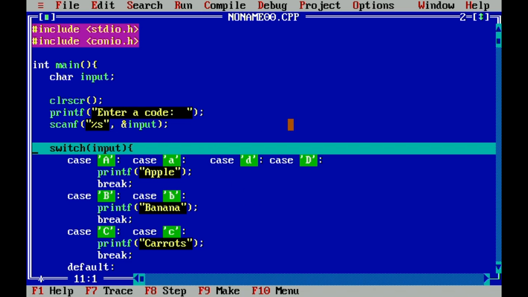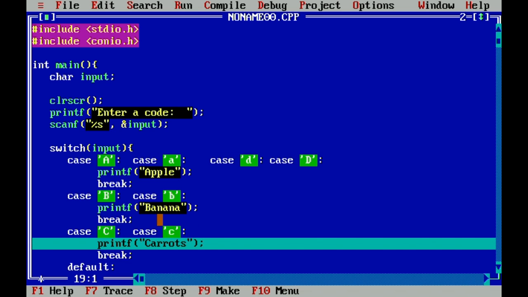Then it moves to your switch case. Once the switch case uses the variable input, it will be compared to each of the cases. It evaluated and found that the input is equal to one of these cases, so it performs this statement.